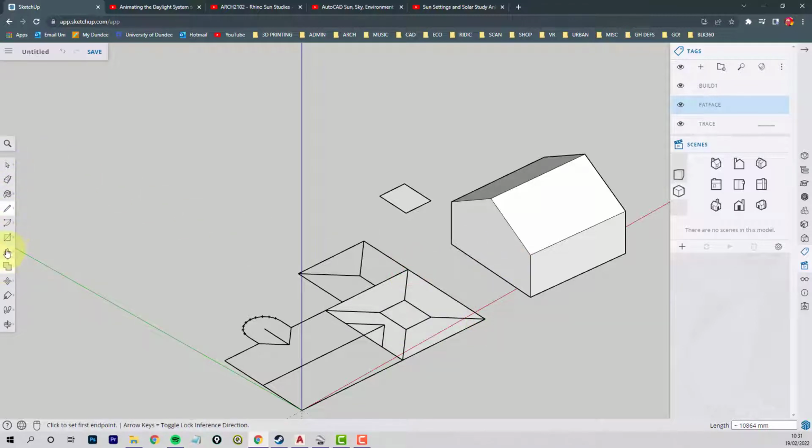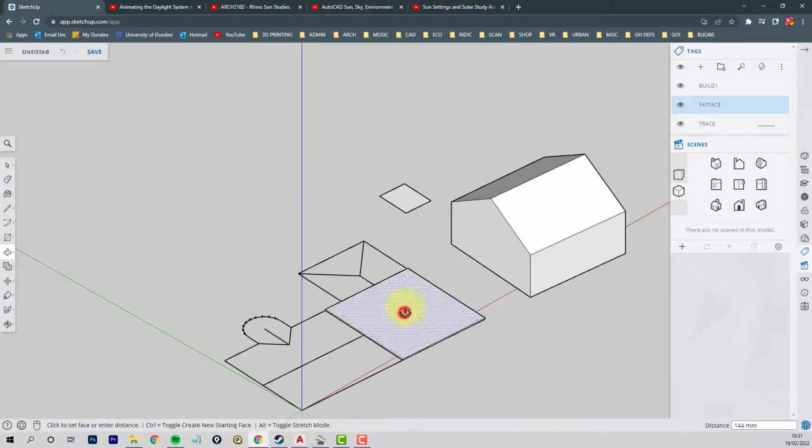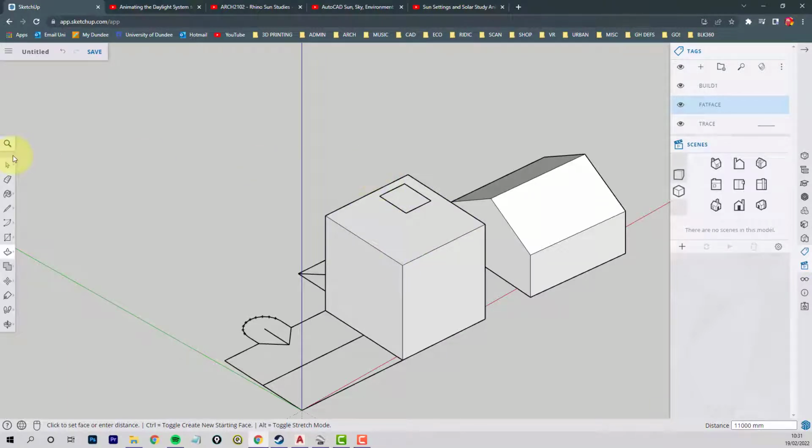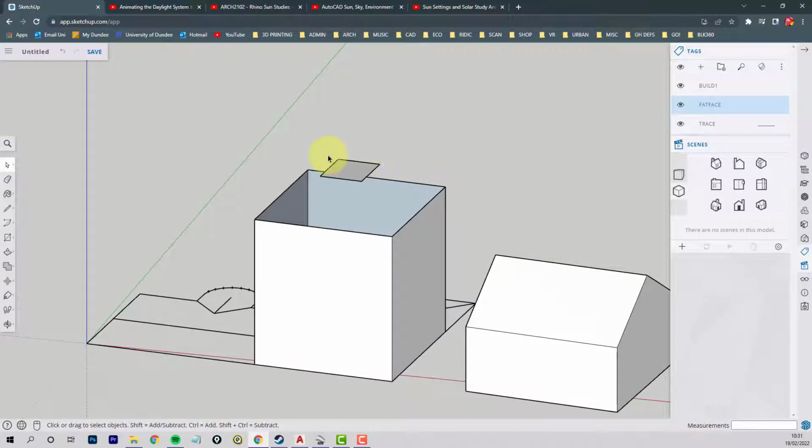Okay, and then extrude that shape. I've forgotten the number already. That's ridiculous. 11,000. Okay, 11,000. So the whole point of this is trying to make the modeling easy for you. So give yourself nice round numbers to work with. Who's going to be able to tell the difference of a few 100